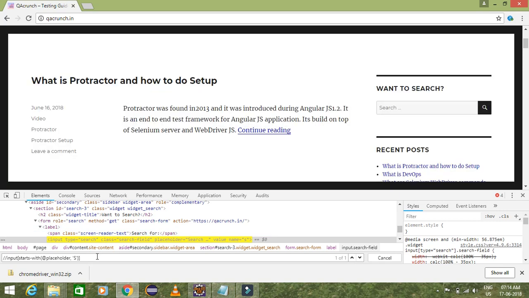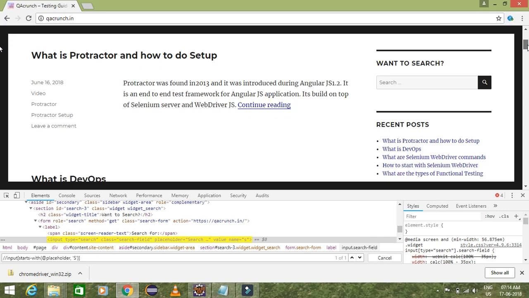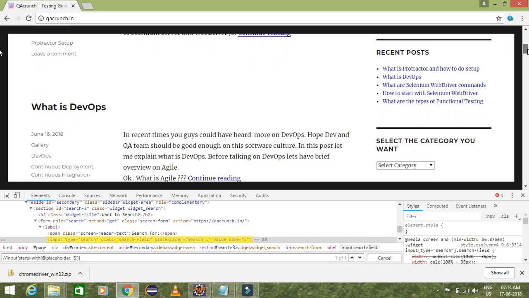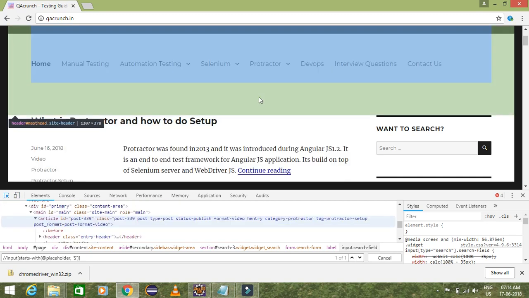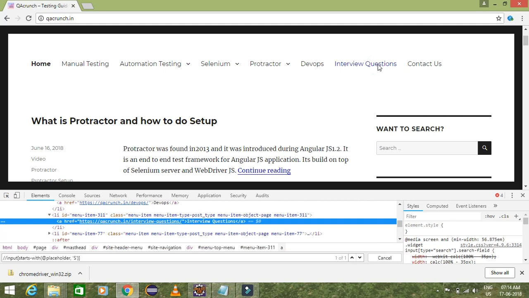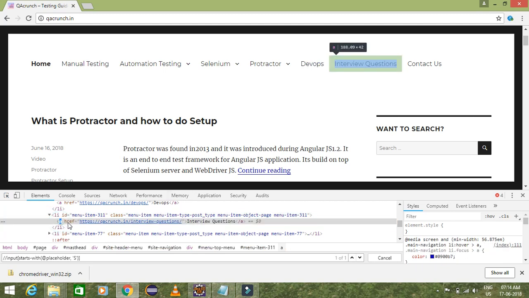Text is mainly used for links, links which contain text. For example, I'm going to use this Interview Questions. Here you can see this is a tag name A, so this is a link. This is an href; this link takes me to a particular page, and here I have text given for that element. So I need to copy this, come here, press Control F, and give